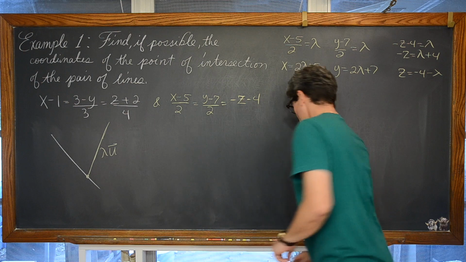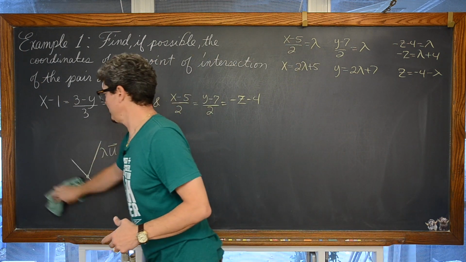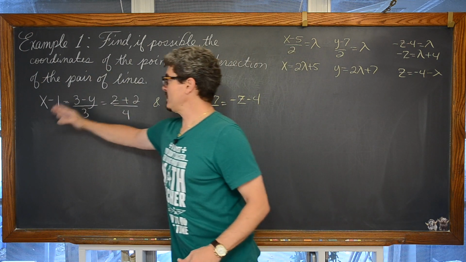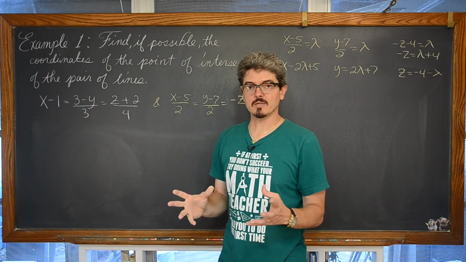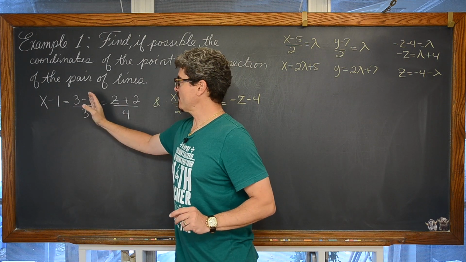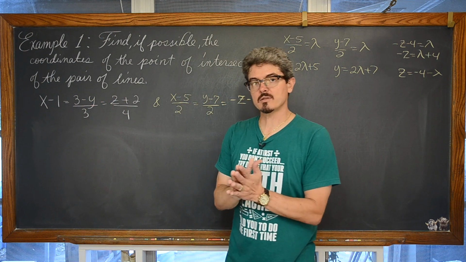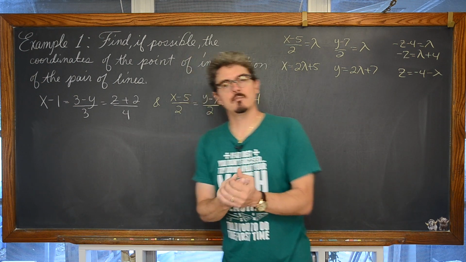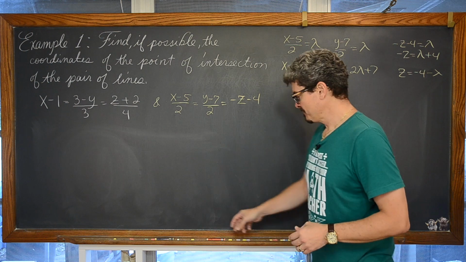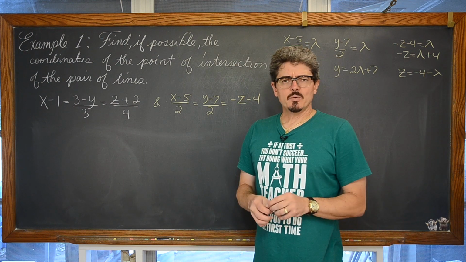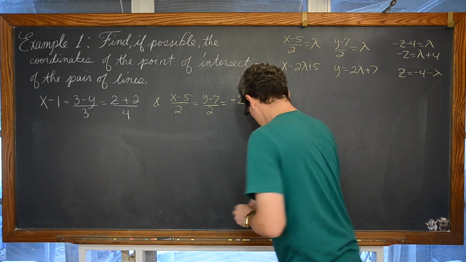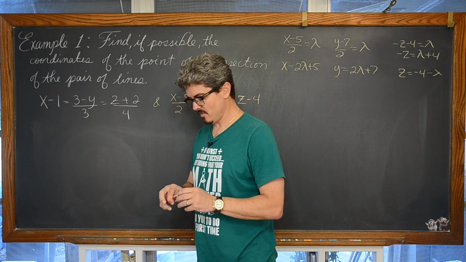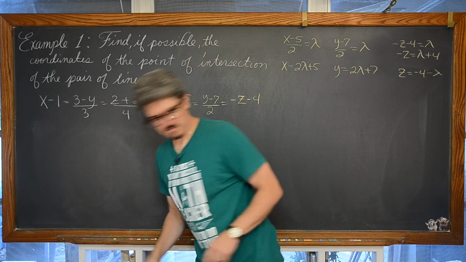Great. Now, we need to find lambda such that it satisfies all three parts of the white equation. You can't work with all three parts of an equation at the same time. We're going to be looking at two separate equations. One built off the variables x and y, to find out what lambda is, and another built off the variables y and z, to find the lambda that's a solution to that equation. And we do need the same value of lambda both times. If we get lambda equals 2 and lambda equals 1, then we're looking at an inconsistent system and there is no solution.